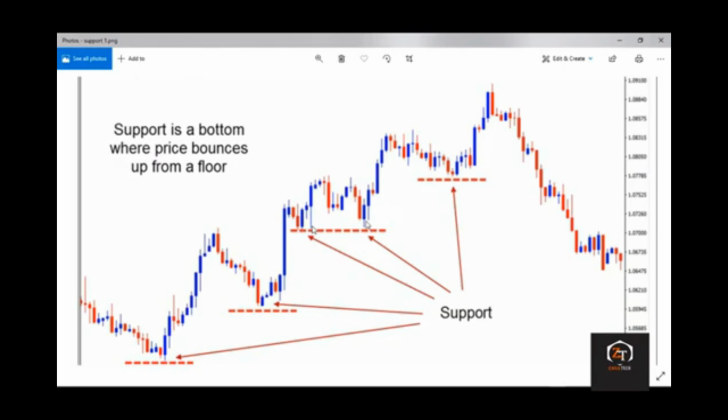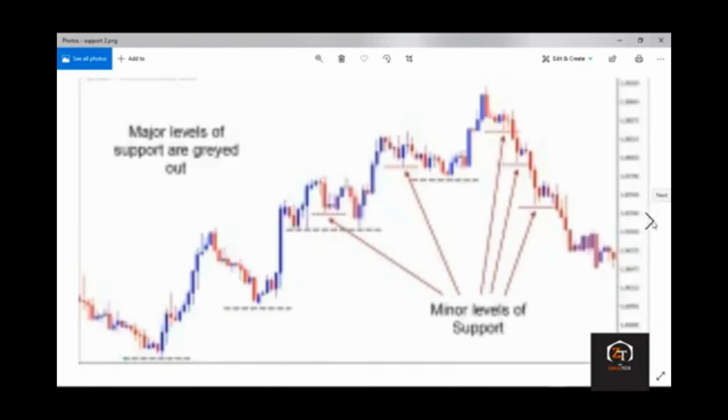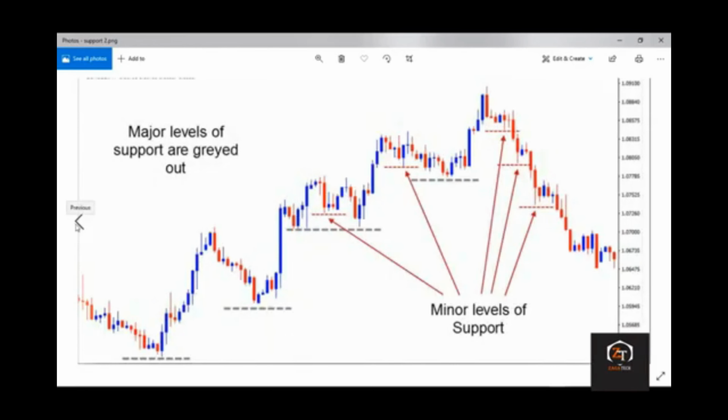Let me take it like that. We have major support, we have minor support. So going to the second part of the picture, I will show you guys what major and minor support is all about. Now this is a major support, and the smaller area you see that stick here is minor support. Then this major support, which I've explained earlier, is where the market seems to bounce off.